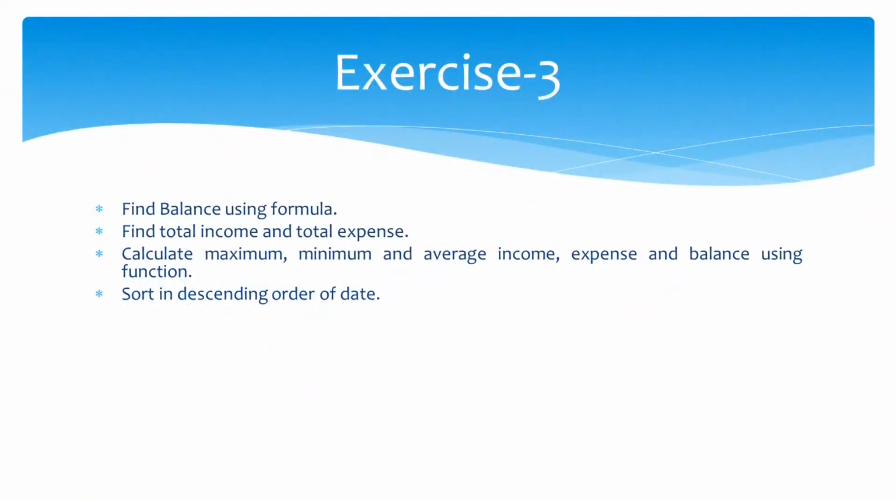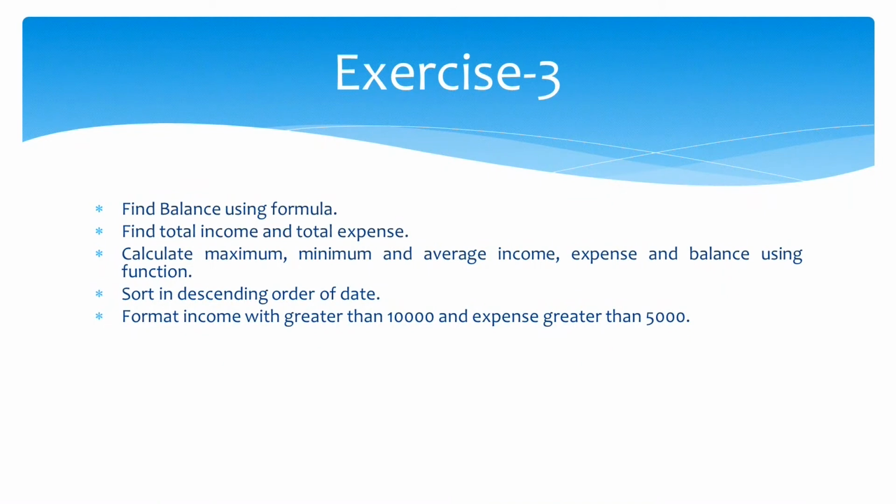We need not do anything, we have to just click a button and it will automatically arrange data for the given value in either ascending order or descending order. For ascending order, you have to press A to Z button, and for descending order, you have to just press Z to A button. So, I hope you understand how to sort data. You have to just select or put your cursor into the column by which you want to sort data, and then you can press sort ascending or sort descending button.